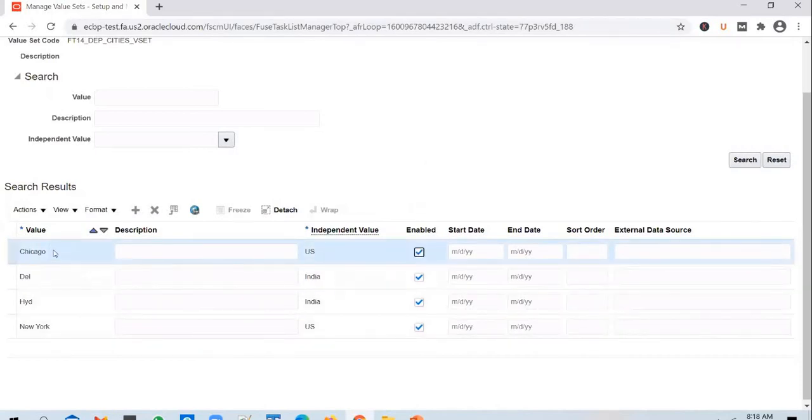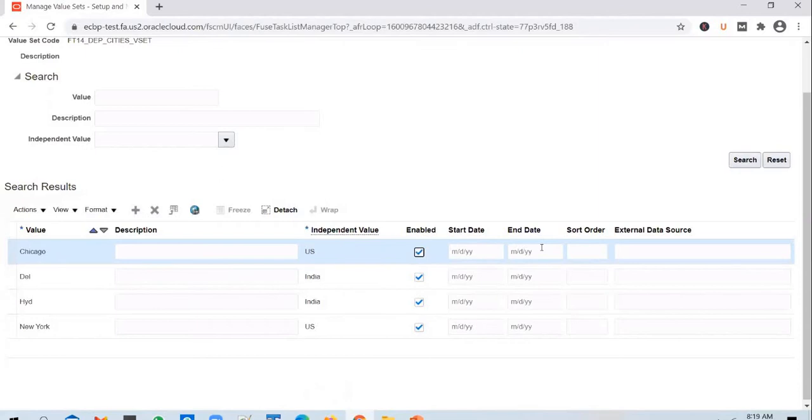For example, I don't want to show Chicago under US for say 1 minute or 1 month or a fixed timeline. In such a case, I can delete this and add this city later on. Or what else I can do? I can just uncheck this so that it becomes disabled. And when you disable an entry, it doesn't show up in the application.